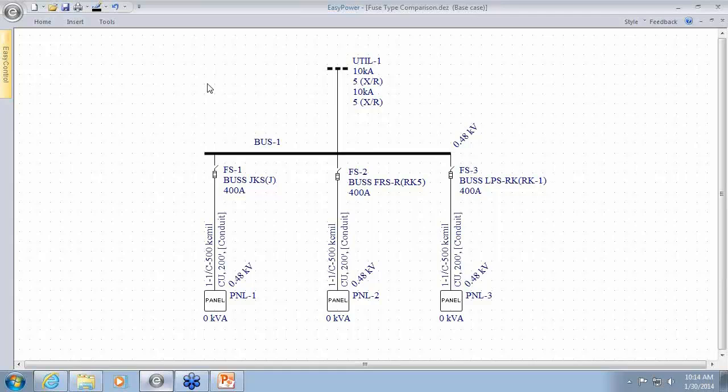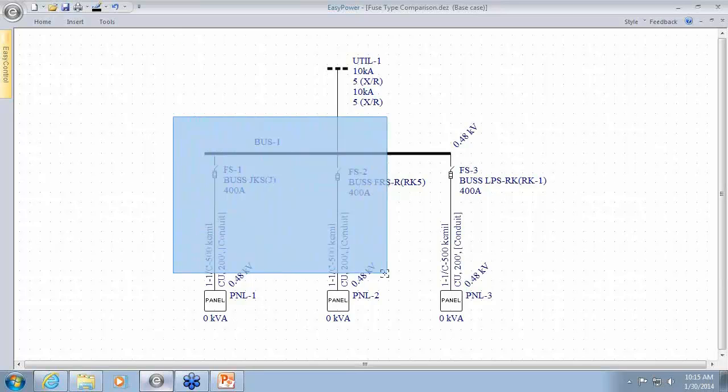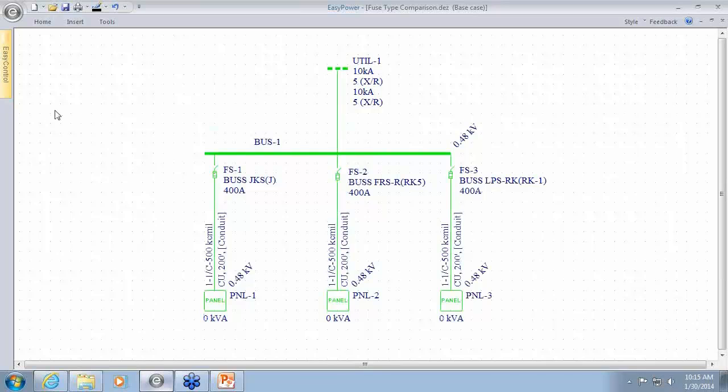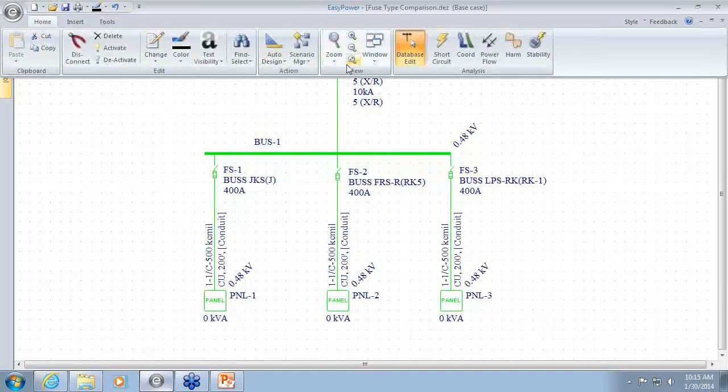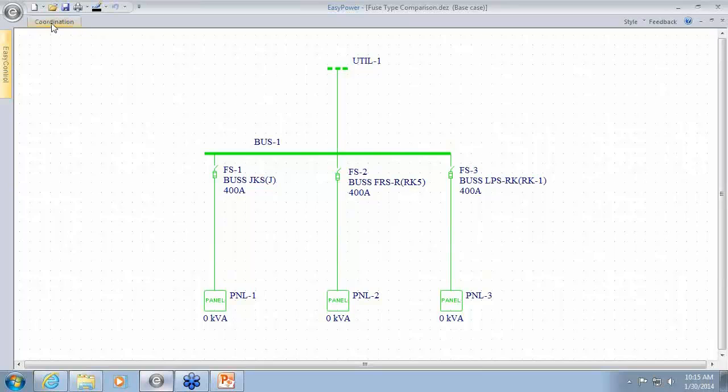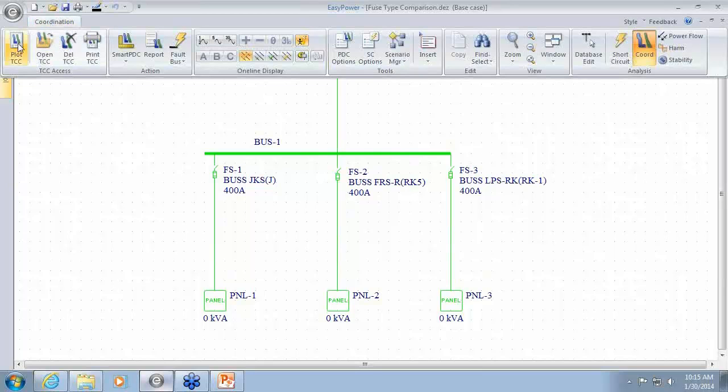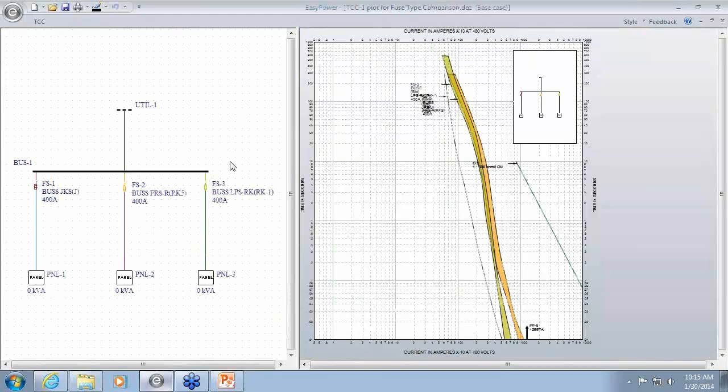This case here has lower energies, but there are points within your system where you might have something at 15 or 20 calories per centimeter squared that you want to reduce to a lower level, and maybe just changing the fuse to a different type of fuse, even though it's the same continuous current, may fix the issue that you're having. So I'm going to go into coordination focus, and I'm going to plot the TCC to show